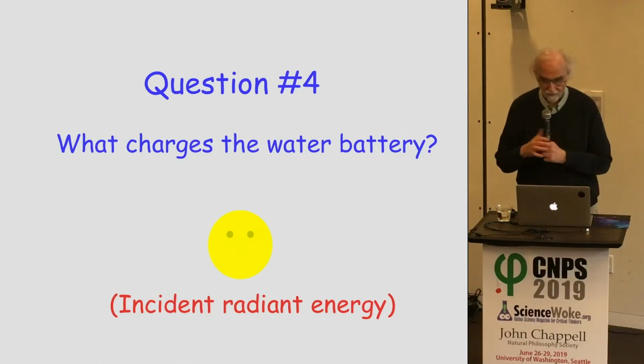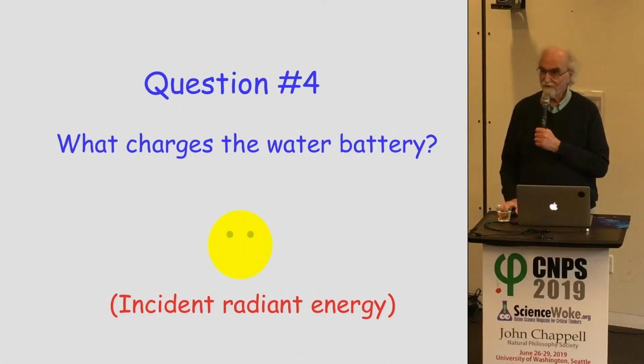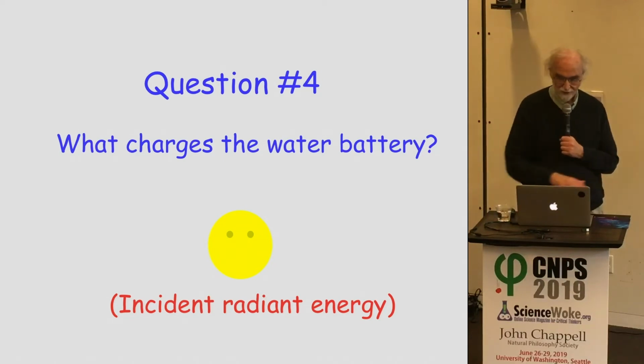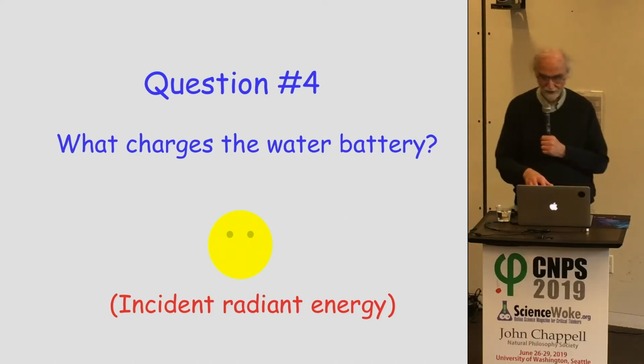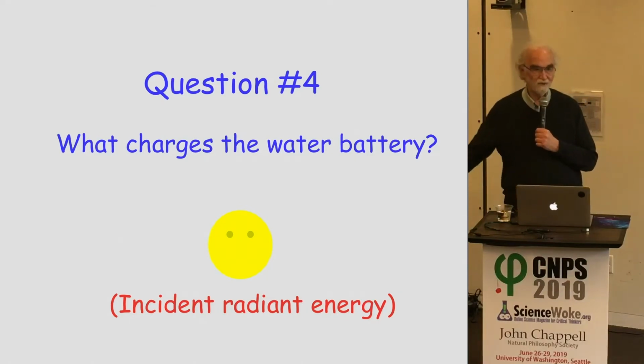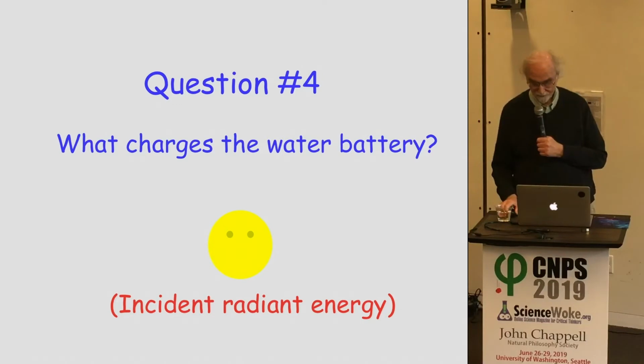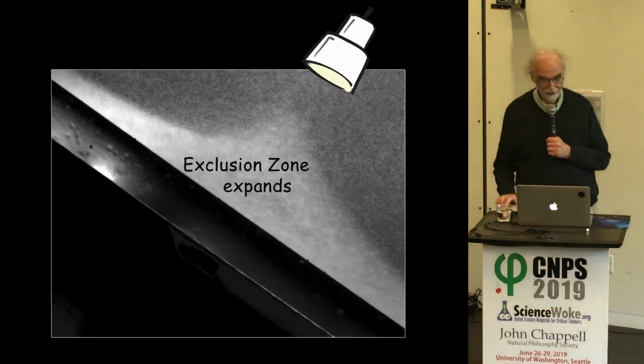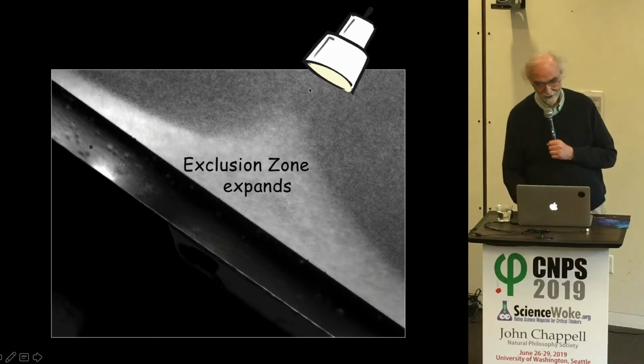And so how did we find out about that? Well, a student was doing an experiment, and he was doing something that he should not have done, but students like to do what they want instead of what I suggest they do. So he's got a bench sitting here, and he's got a chamber, and he's looking with a microscope at the exclusion zone. And next to him is a gooseneck lamp. And for fun, he shined the gooseneck lamp on the chamber, and this is really what he saw.